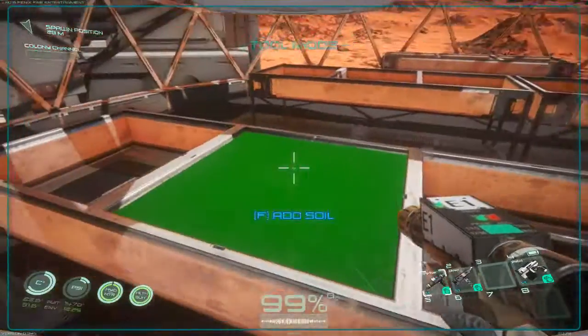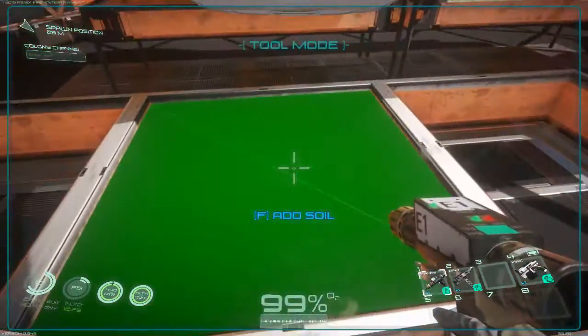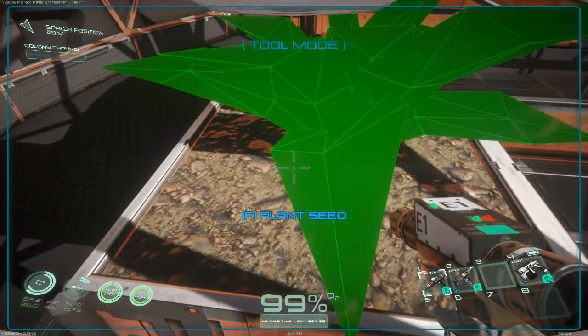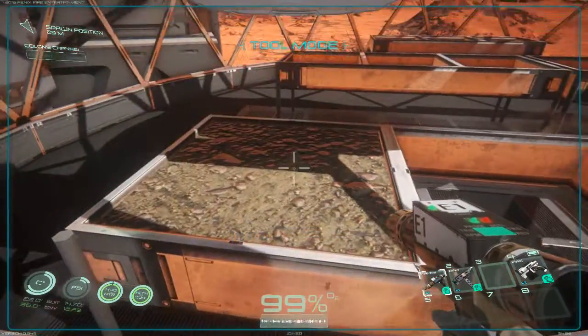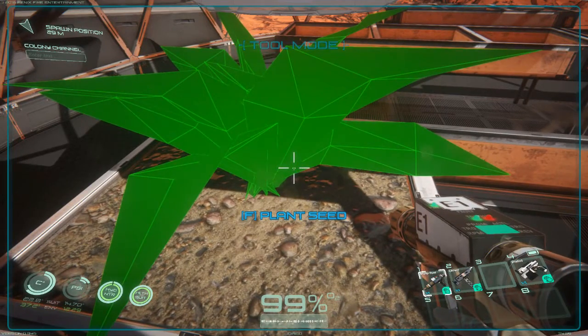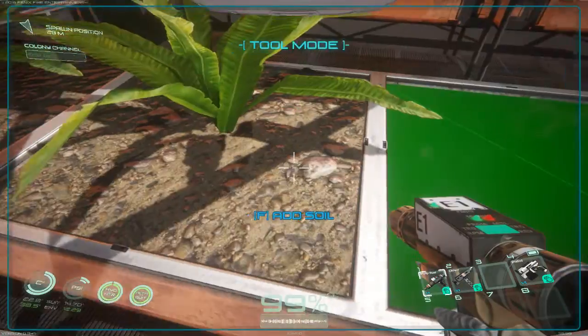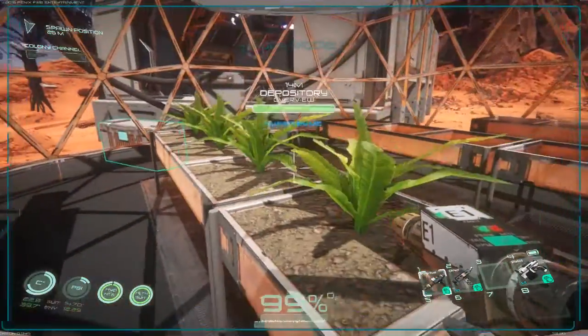There's an add soil. Okay. So I'm going to add soil to each of these to make them work. Oh, it just adds soil. Okay, and then it's just plant seed. Any seed? At the minute, it looks like any seed. So I just plant anything. So add soil, plant seed. Add soil, plant seed. In the future, I'm sure there'll be some kind of